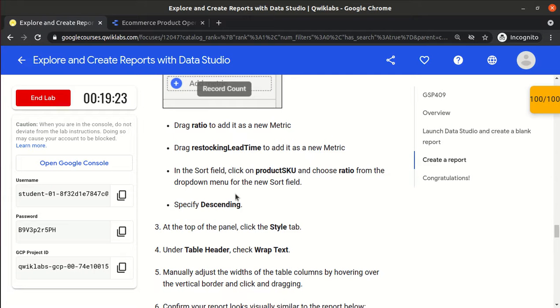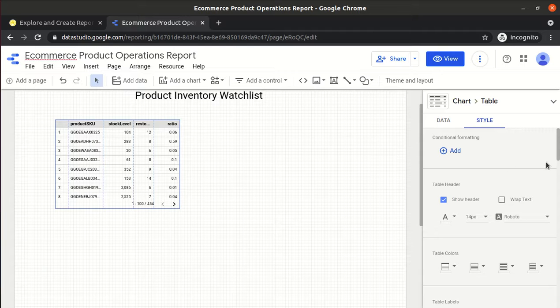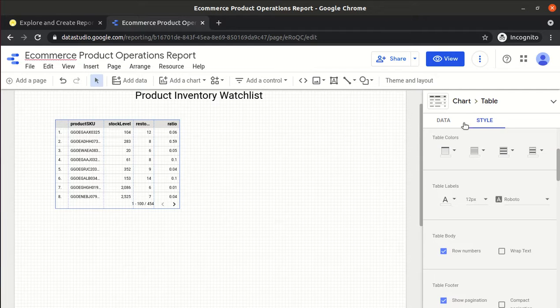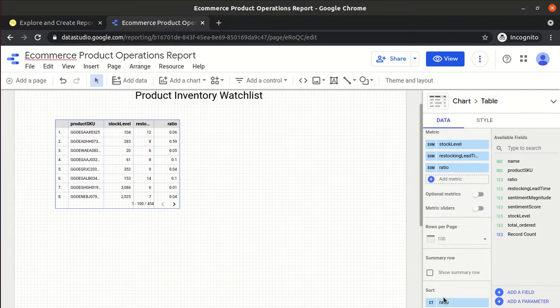Yes, and now we need to sort. Choose the ratio from the drop-down menu for the new sort field. If I go here and scroll down a little bit and then come here, sort is ratio.